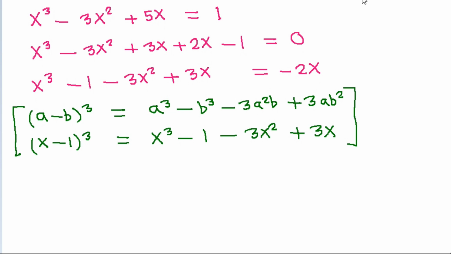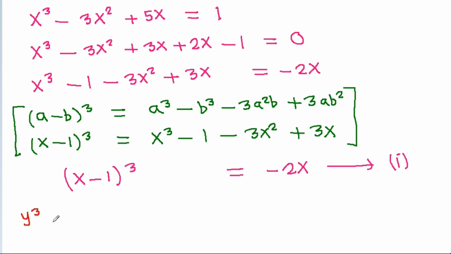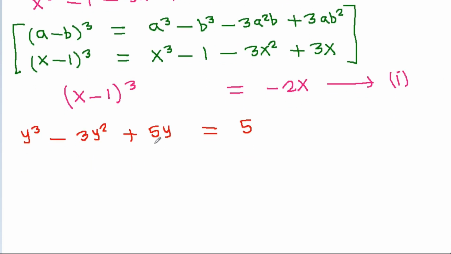So this is equal to x minus 1 whole cube, that is equal to minus 2x. Suppose this is equation 1, and we have y cube minus 3y square plus 5y is equal to 5, and 5y is 3y plus 2y, so y cube minus 3y square plus 3y will be equal to 5 minus 2y,